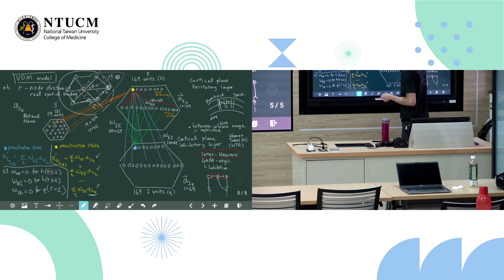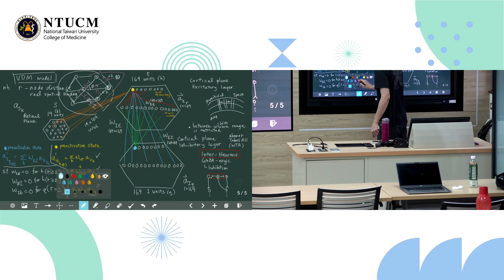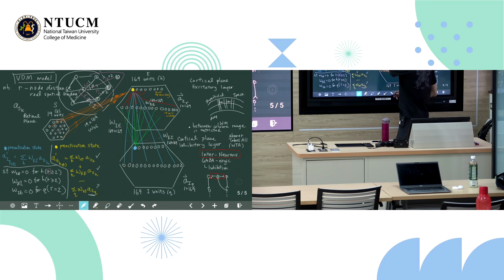The red line, the blue line, and the green line here. Okay, that's fine. So if I draw arrows, maybe it will be a bit more obvious. For the orange line, the arrows are all this way. These are all inputs from the retinal plane to the excitatory layer. So the orange lines are inputs this way. That's why the pre-activation state you see here is the orange WSE.